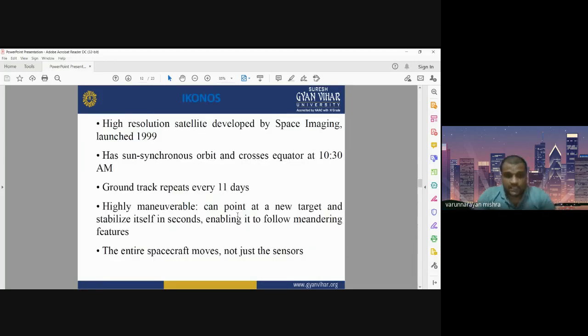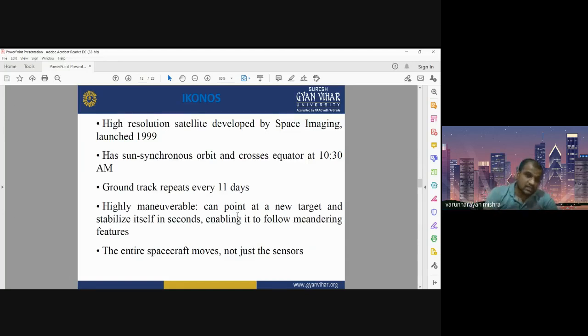Okay, the second very important and very famous high resolution satellite is IKONOS. IKONOS is one of the widely used high resolution satellite data sets for urban planning and urban mapping practices. Okay, this satellite was launched in 1999. It is also a sun synchronous satellite, or you can call it a polar satellite.